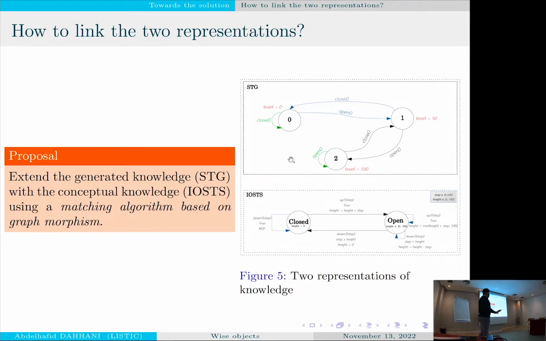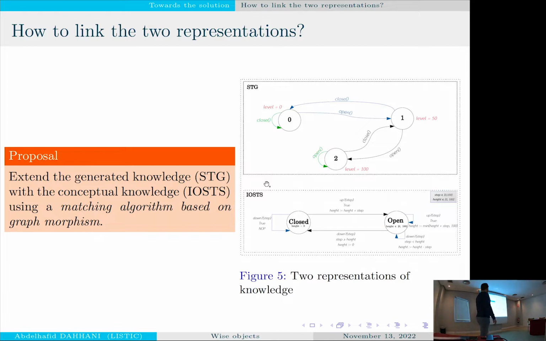When I'm talking about level, I mean attribute. Why do we say attribute and not variable? Because this STG is generated with a mechanism called introspection using the object, and as you know, if you come from object-oriented programming, an object is an instance of a class, and the class contains attributes, not variables, by convention.